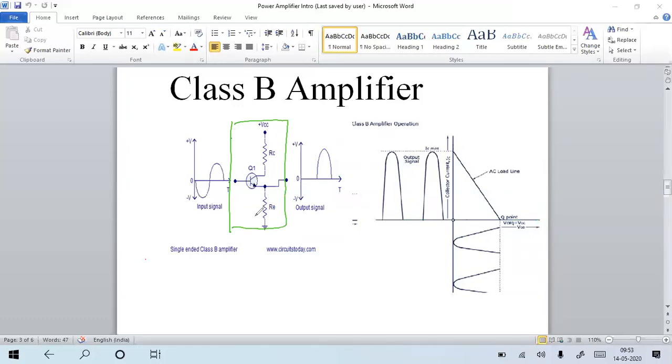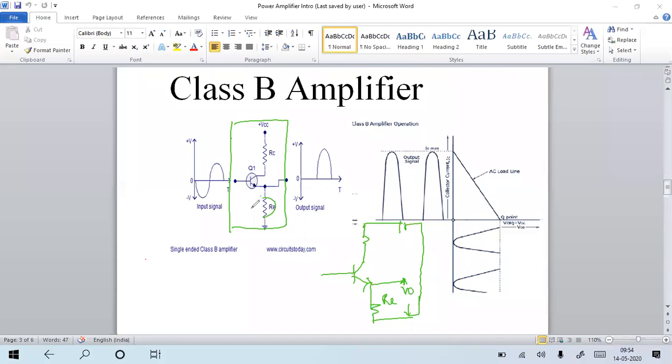In a simplified way, if I draw the circuit, this is a transistor. Here is the collector terminal, and VCC plus is given, and minus has to be connected to the emitter terminal. So output is measured exactly at the emitter terminal. There is no difference whether we measure the output at the emitter terminal or the collector terminal, because the emitter current and collector current are not much different. Here, for example, the output is measured at the emitter terminal side.